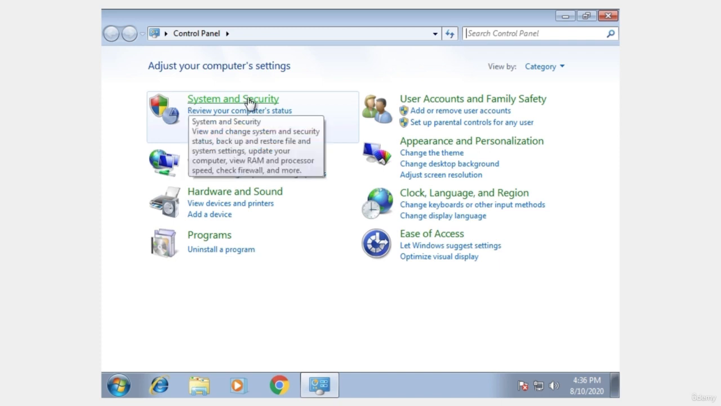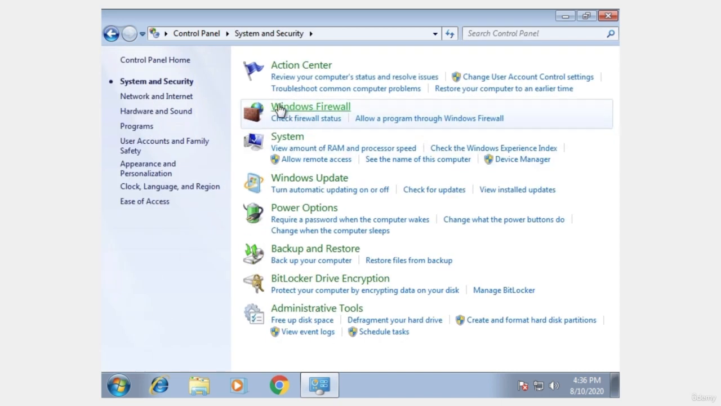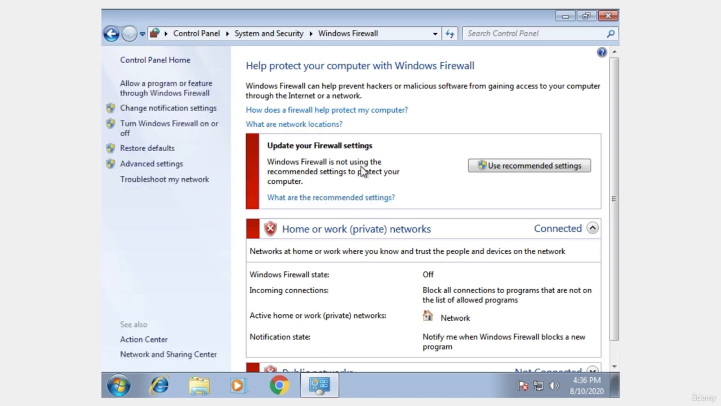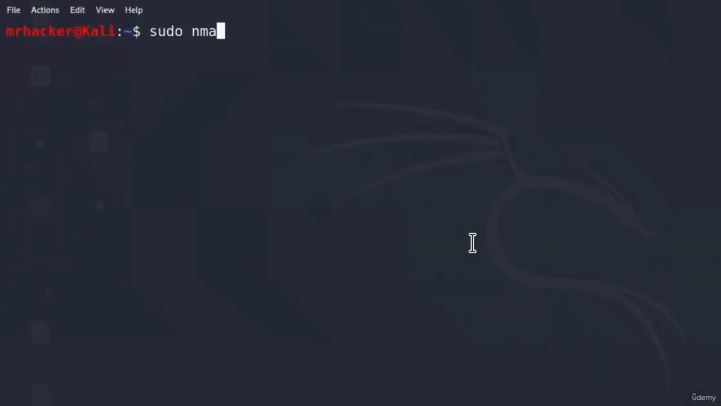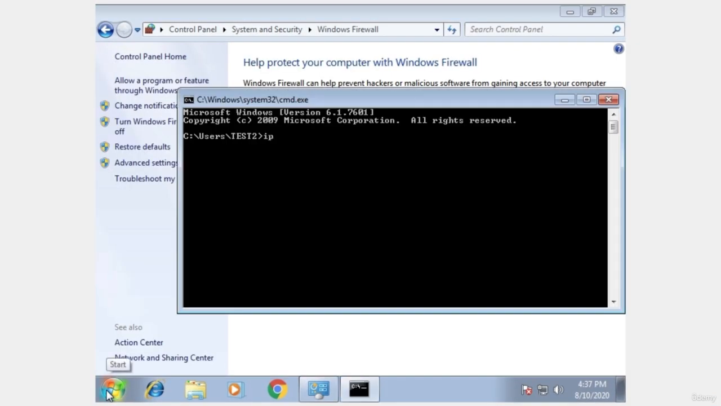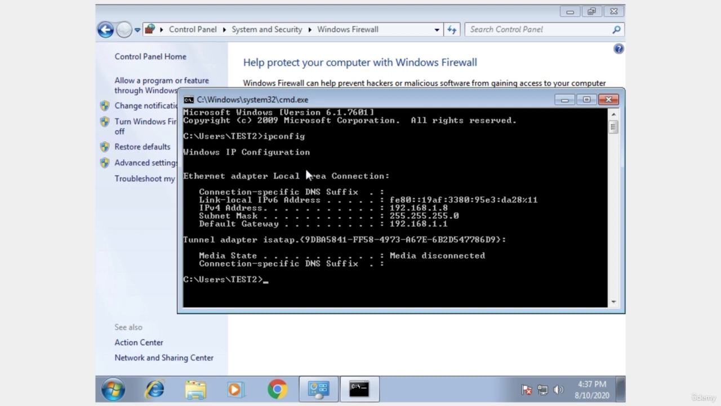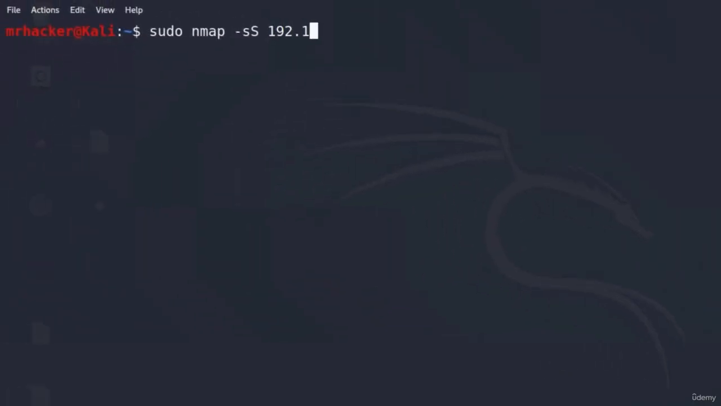If I go right here, under System and Security, I click on Windows Firewall. I already have it disabled, but by default you should have it like this, so you should have the firewall up and running. If I leave the firewall up and running and I go to my Kali Linux machine and scan it real fast, so sudo nmap, we're going to use the SYN scan. In order for this to work, I need to know the IP address of my Windows 7 machine, so I will just type ipconfig inside of the command prompt and it will tell me it is 192.168.1.8. So if I go back and scan that IP address,